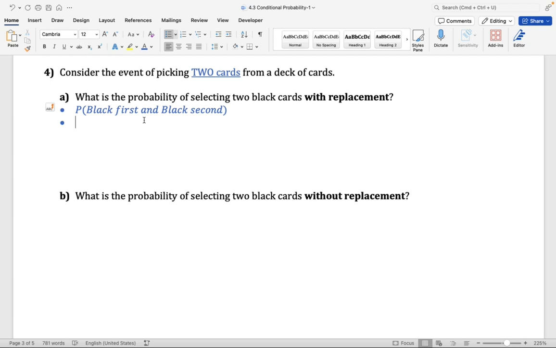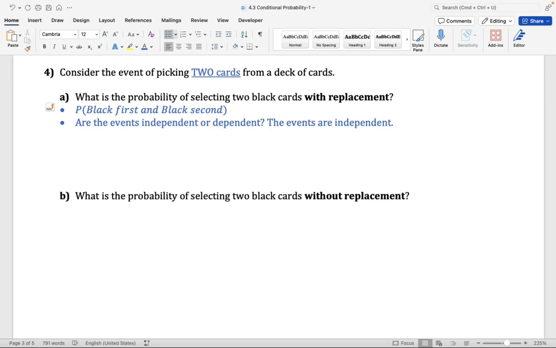I'm just saying that it is possible for us to think of it that way. Okay? Here, we're going to ask ourselves, are the events independent or dependent? So here, you're going to pick a card, and then you're going to put it back, and you're going to do it again. Are those events independent? The events here are independent.